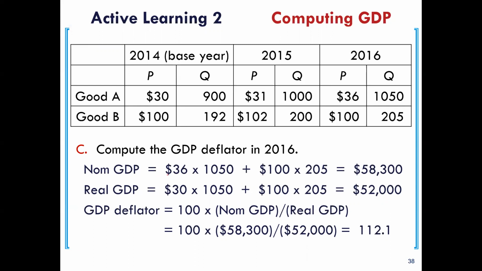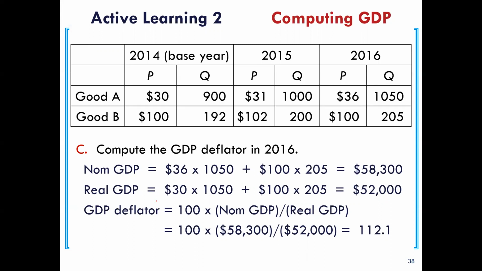So we'll compute the nominal GDP in 2016 by multiplying the current prices in 2016 by the quantities of each good. And as we can see, the current price for good A in 2016 is 36 and the quantity is 1,050. For good B, the current price is $100 and the quantity is 205. That gives us a nominal GDP of